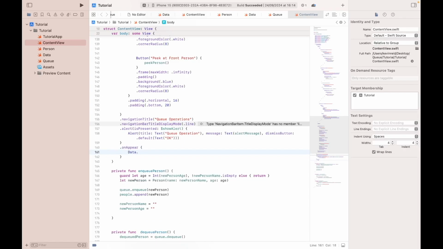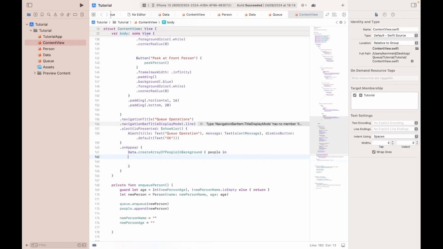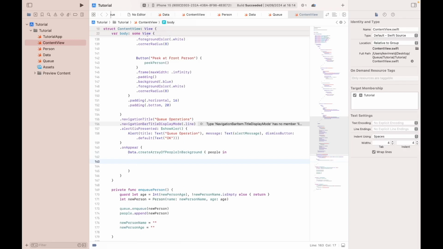Data dot create array of people in background, people in. So within this closure, we'll be using